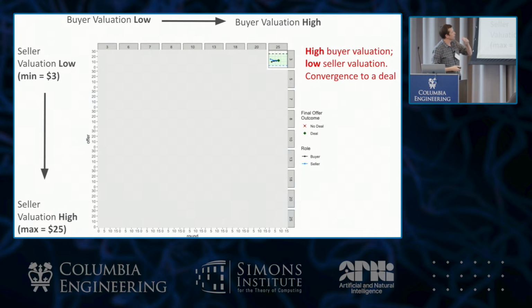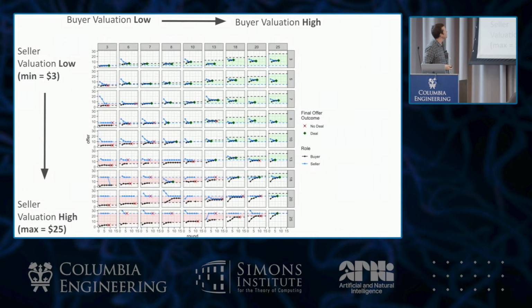So if you do something like the scenario where the two agents had a high buyer valuation but a low seller valuation, this is where a deal is easy to happen. And sure enough, the green here is the zone where a deal could have been struck. They come to an agreement pretty quickly. If you do this across a whole bunch of scenarios, the pink region is when no deal could be struck, right? And these LLM agents couldn't come to agreement. They followed the script that they were given.